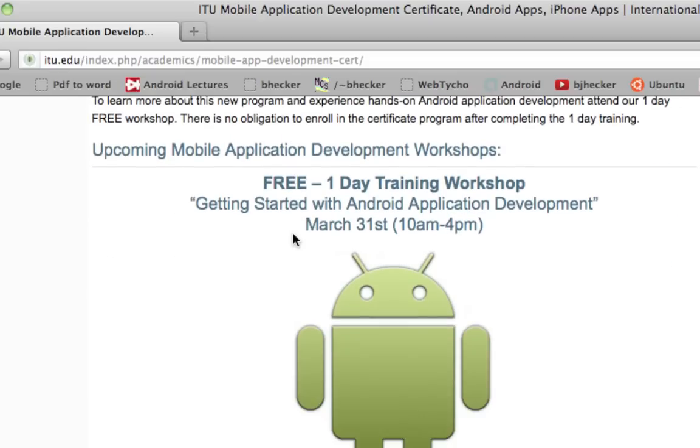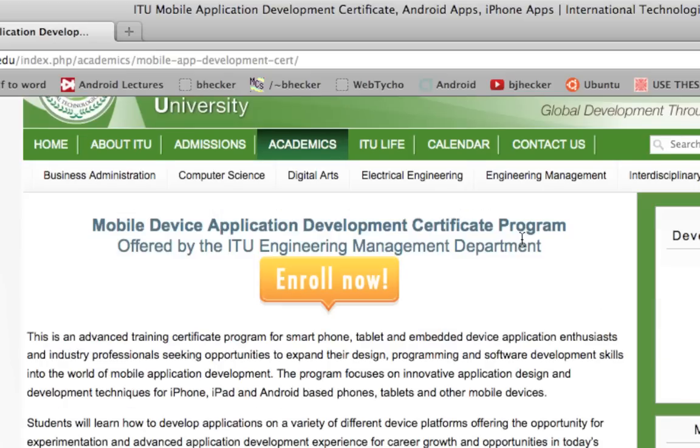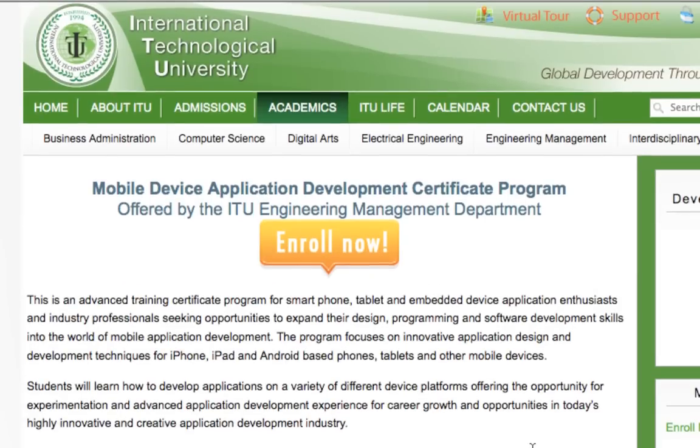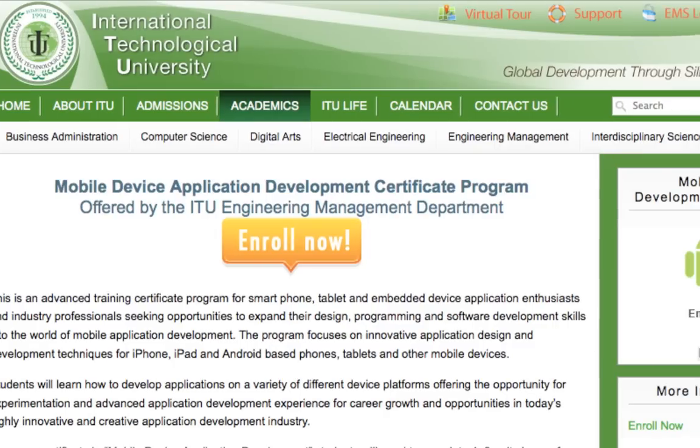So I'll leave you with that, and hope you make an appearance and show up, if you're local, obviously, and check the school out. They really do have an interesting variety of degree programs available, and other certificate programs as well. So if you're not interested in application development for mobile devices, perhaps you might be interested in some electrical engineering topic or something of that nature. Who knows? Digital arts, electrical engineering, business administration, MBA programs, all sorts of different stuff.